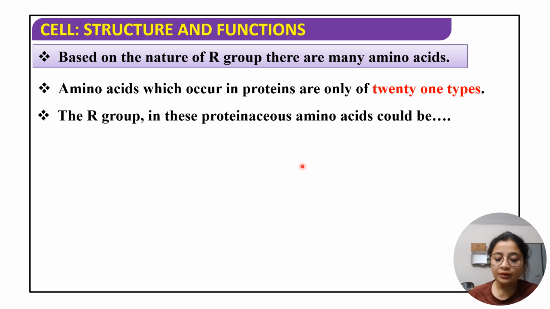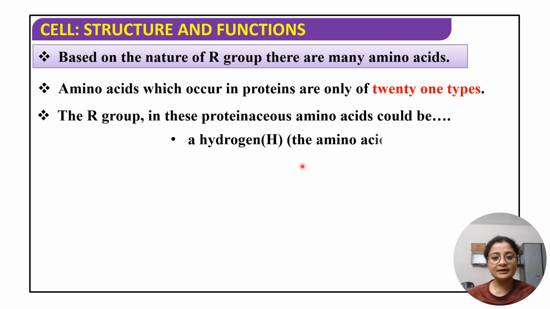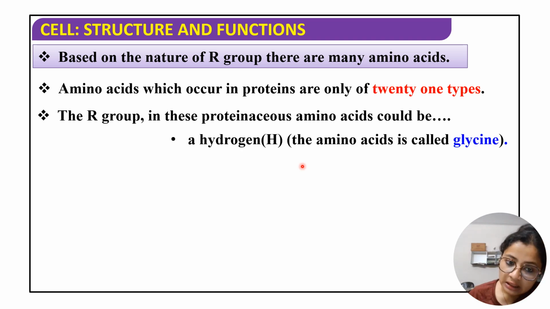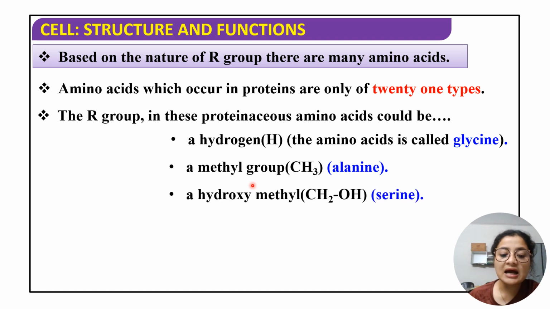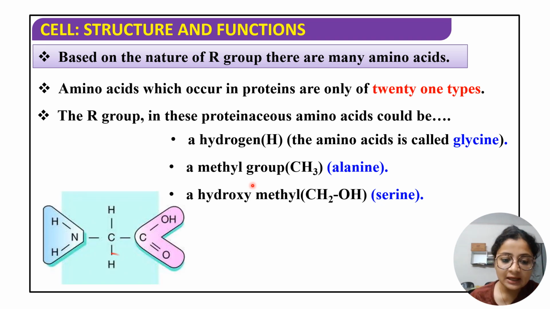Okay. Now यहाँ पे क्या बोल रहा है कि R group जो है वो क्या क्या हो सकता है, ठीक है। एक तो वो हाइड्रोजन हो सकता है, if the R group is nothing but hydrogen then the amino acid will be glycine. If the R group is nothing but methyl group, that is CH3, then it will be alanine. If it is a hydroxyl methyl group, मतलब हाइड्रोक्सिल ग्रुप के साथ साथ मिथाइल ग्रुप दोनों ही अगर है तो उसको हम सेरीन बोलेंगे। तो ऐसे करके 21 टाइप्स का अमीनो एसिड्स होंगे, ठीक है।